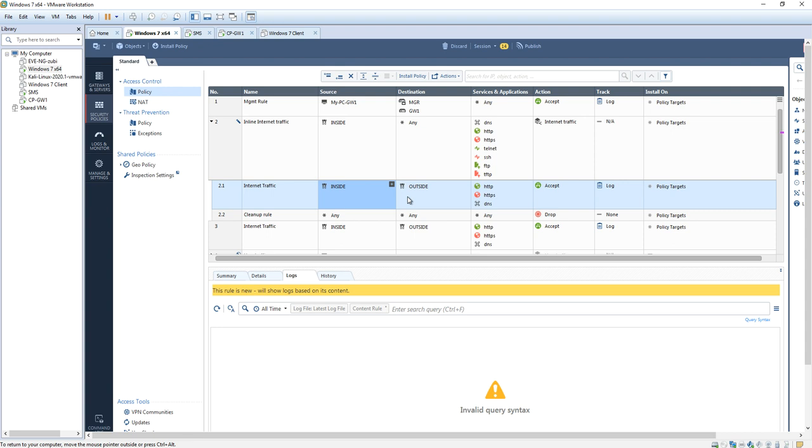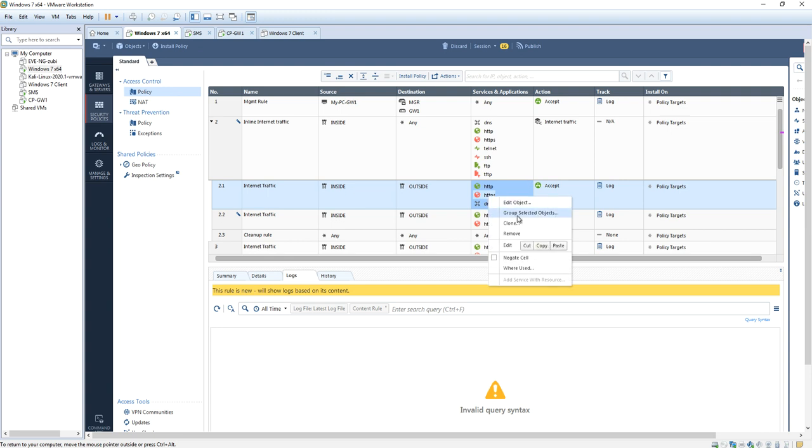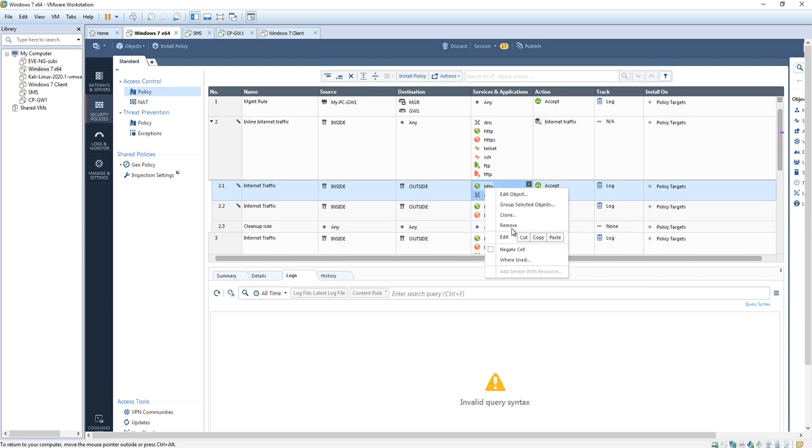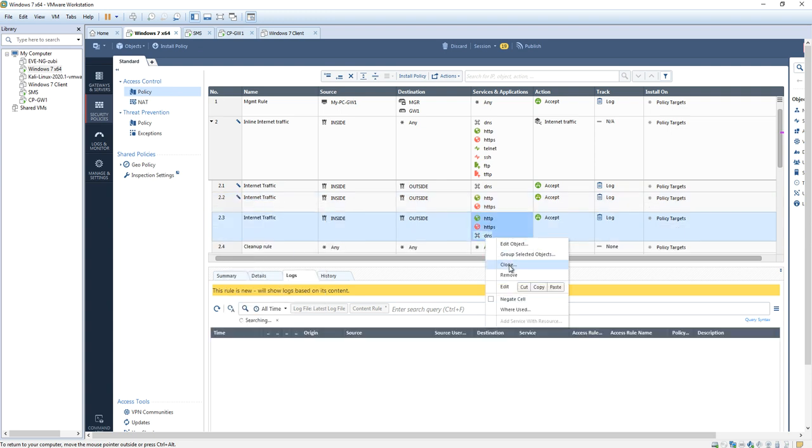Internet traffic, inside to outside. So I'll segregate this. I will remove DNS and accept. And then I can again paste one above. So this I will just keep as DNS, and then I can also press below. So this one I will add